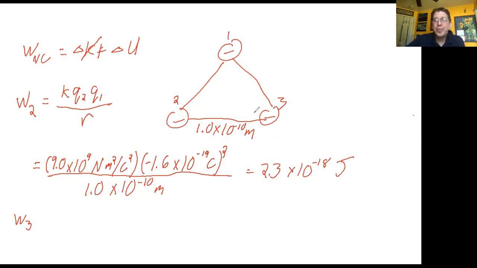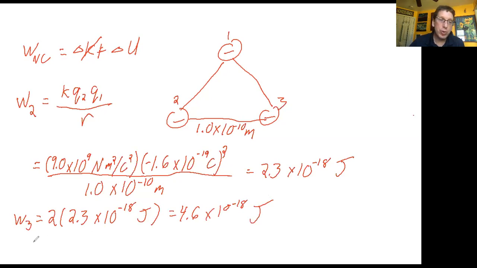And so it's the same magnitude charge and the same distance. So the work done to put 3 in place is just 2 times your answer you got here. So that's 2 times 2.3 times 10 to the negative 18 joules, which is equal to 4.6 times 10 to the negative 18 joules,